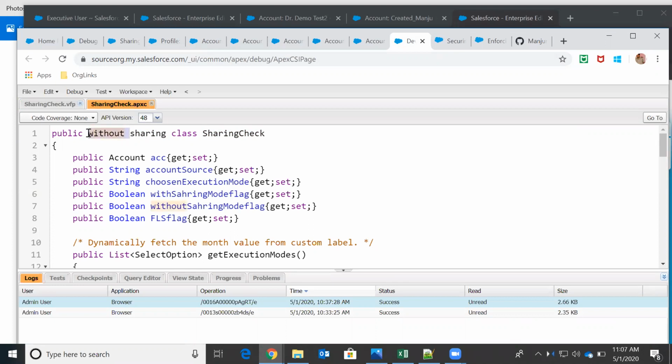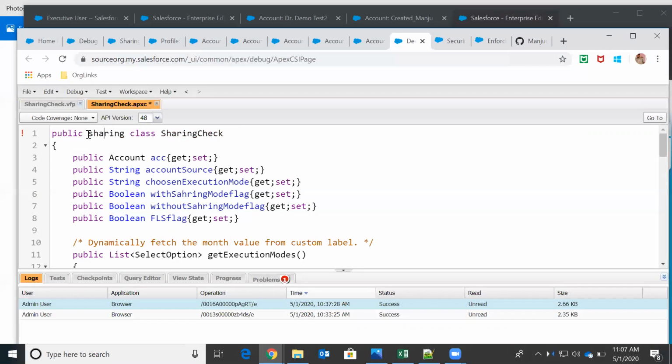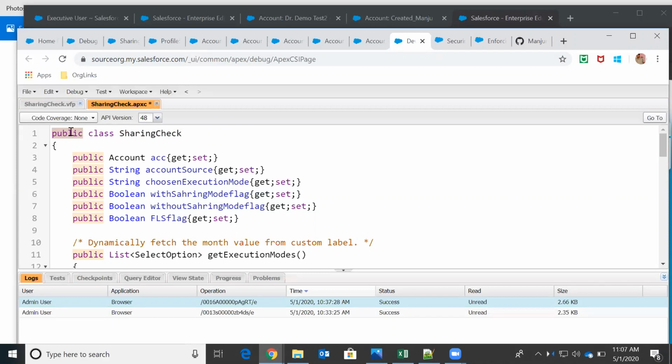If you are creating a class without writing anything at the class level, this is the prototype or syntax: public, then class name. Public is the access modifier. Outer classes can be either public or global, it cannot be private.